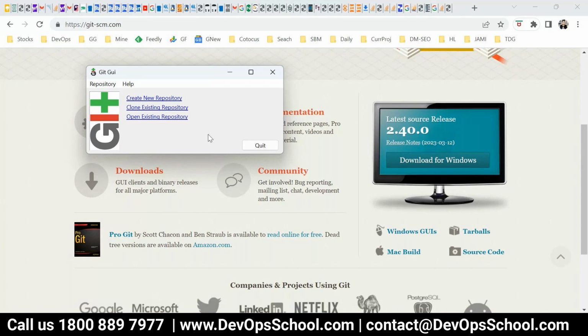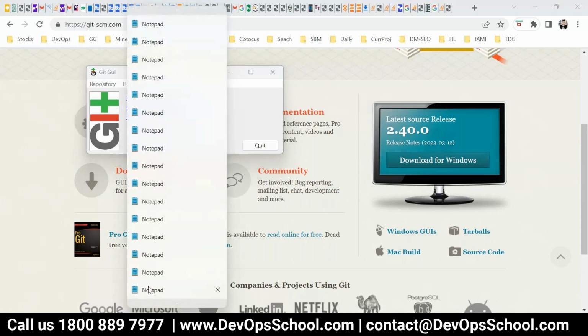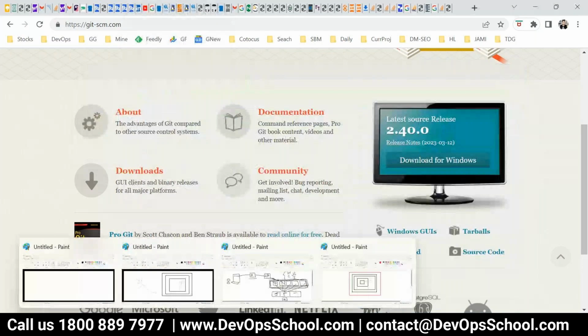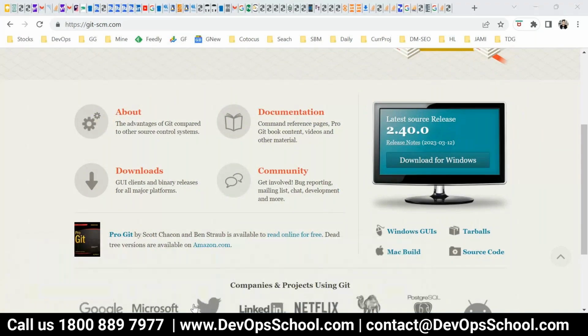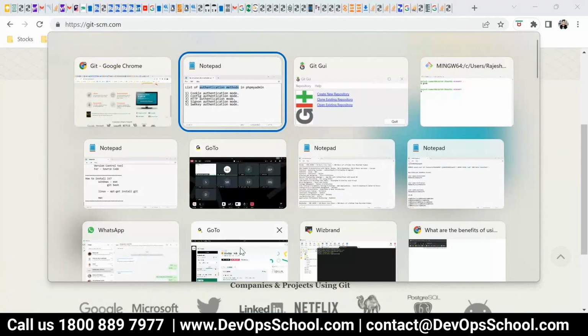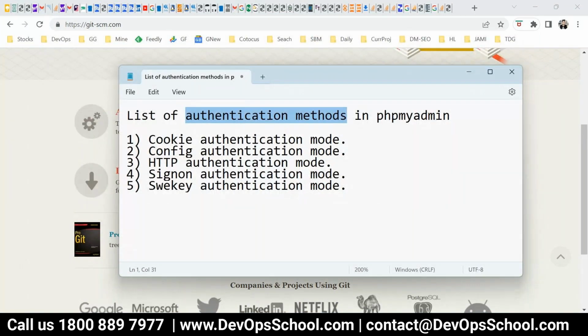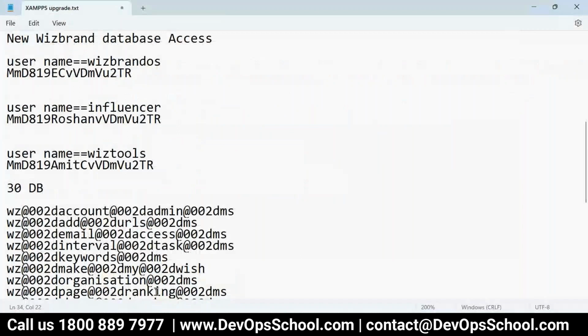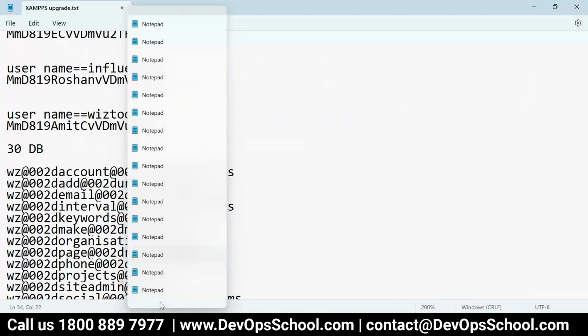I'll just pause this discussion for the time being. First of all, this is not an exact UI you will get. Wait a second.